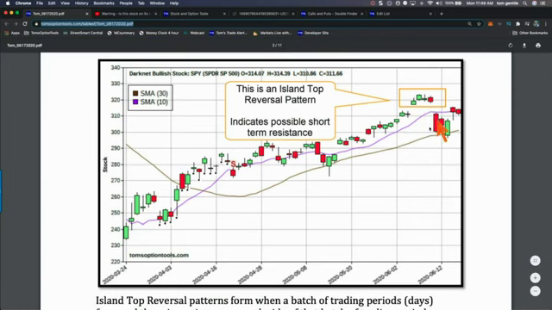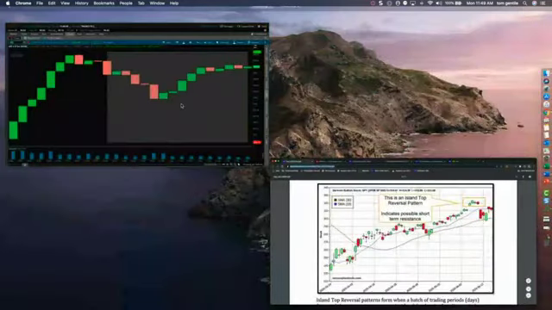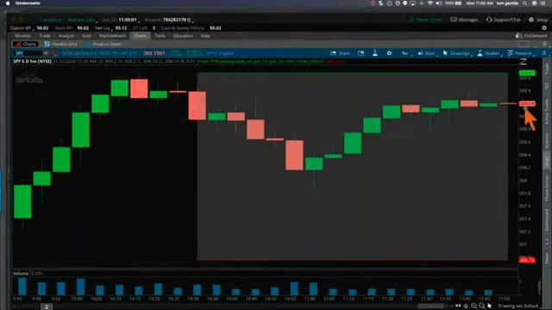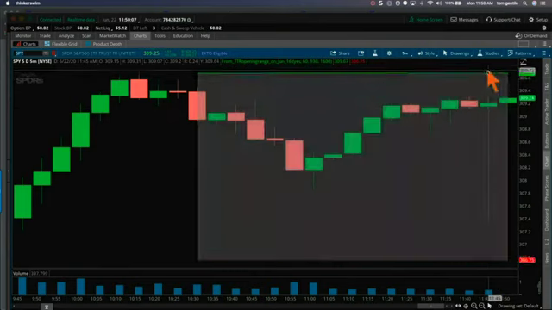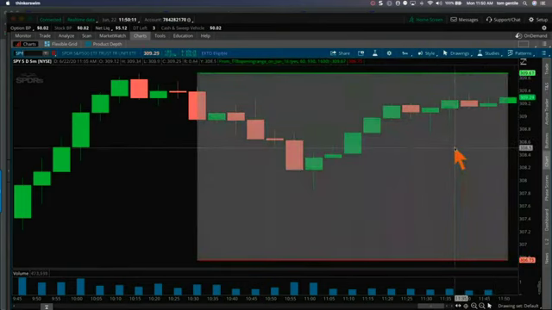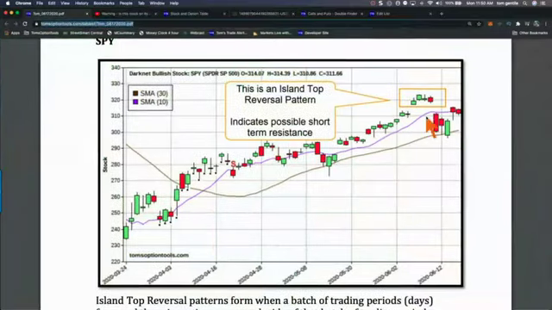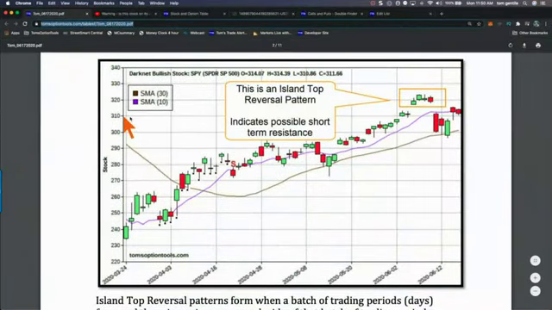Now, where are we on SPY right now? Well, I'll show you. We're at 309. We're nowhere near 320. I think we're probably going to be hitting some resistance up here, maybe going above this a bit and getting around 310. But still, we're not anywhere near that island reversal top, which occurred at 320. We're sitting right down here below these two red candles, as you see.